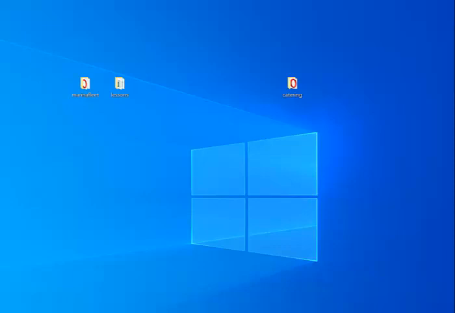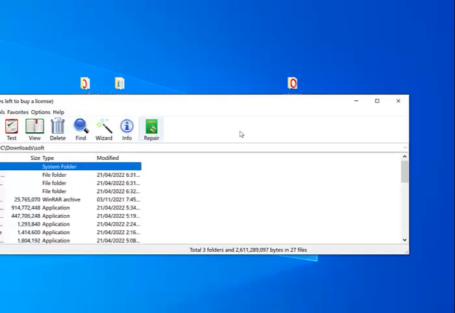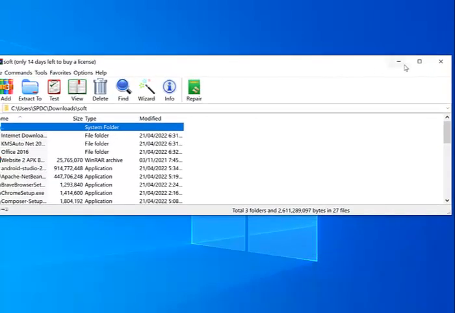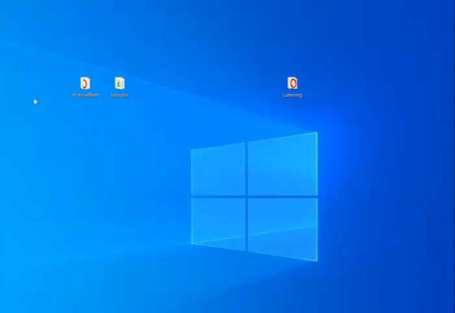To do that, we're going to be using an application called the WinRAR application. Now the WinRAR application is just a zipping application. It's an application that helps you to zip your files. It has a lot of functionality, but we're just going to be looking at the major functionality, which is to zip